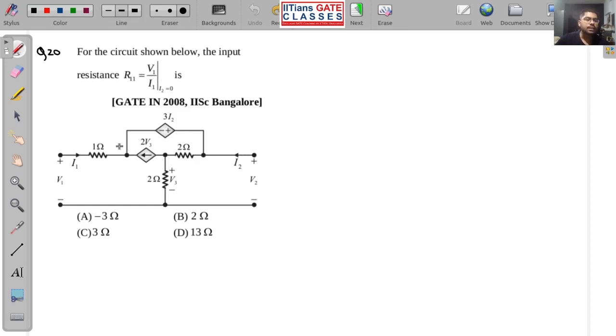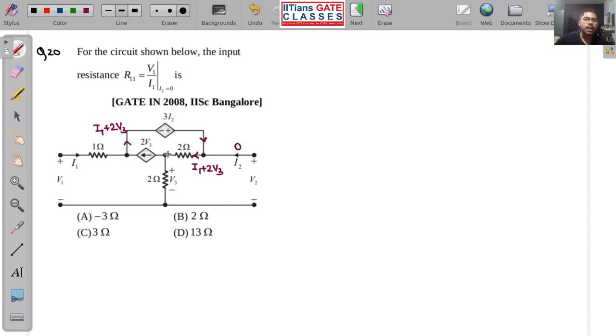We are going to just write the currents in each of the branch. So you can see I1 is flowing into this node, 2V3 is flowing into this node. So current out of this node will be I1 plus 2V3. Fine. So this I1 plus 2V3 is coming here and it is getting here. Here I2 is equal to 0. So this whole I1 plus 2V3 is flowing here. So this will be I1 plus 2V3.